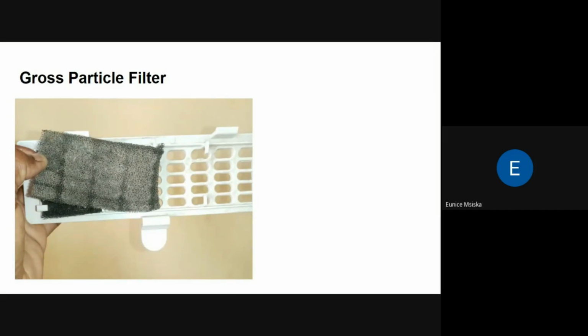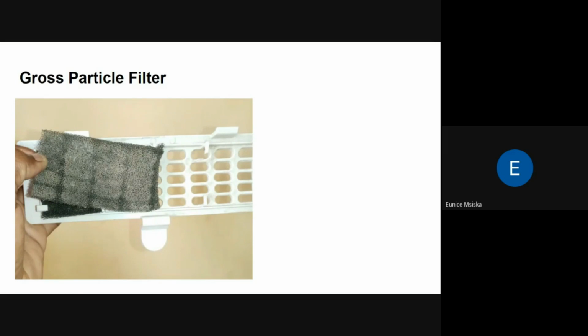But too much exposure of the dust to the machine is very harmful because the dust will clog the filters, obstructing air intake. Therefore, there will be less oxygen entering the machine, leading to low oxygen purity. As you can see in the graphics, the graphics shows a gross particle filter, and it is very dirty. So if it's very dirty, that means the pores in which the air enters are blocked, and it is not easy for air to enter into the machine. So please make sure that these filters are always clean.